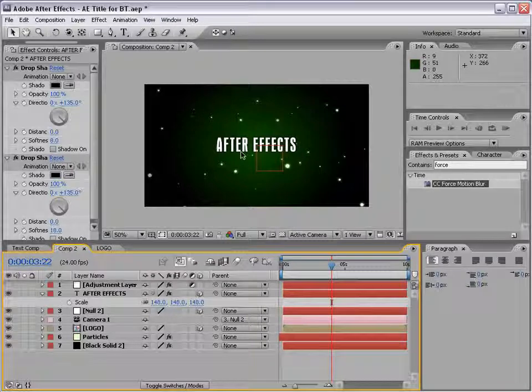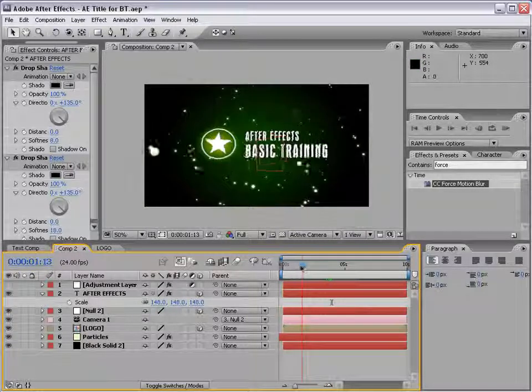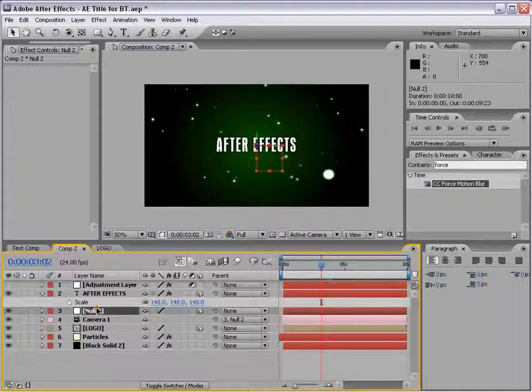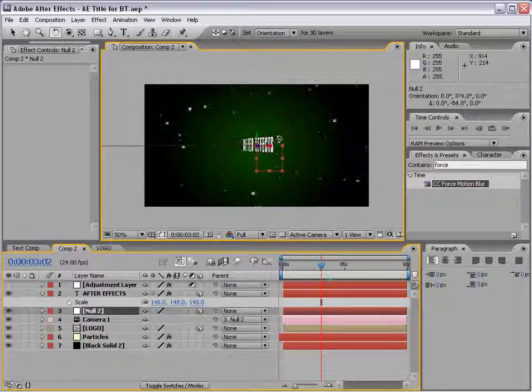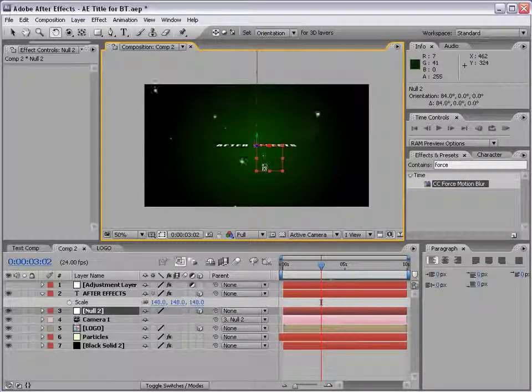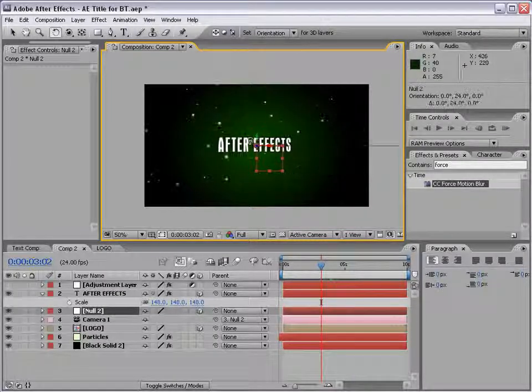So now we're basically where we left off. Everything should still animate the same. Except now our camera pivot point, or in this case our null object, remember our wagon that's pulling the camera around and rotating it, our null object can now be rotated to fly around. So what I can do, well, I can do a lot of things. I can fly upward and have another title waiting for me up here,